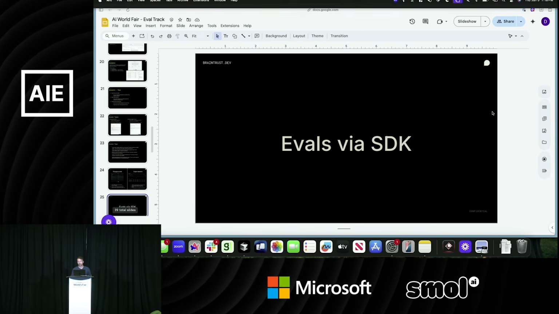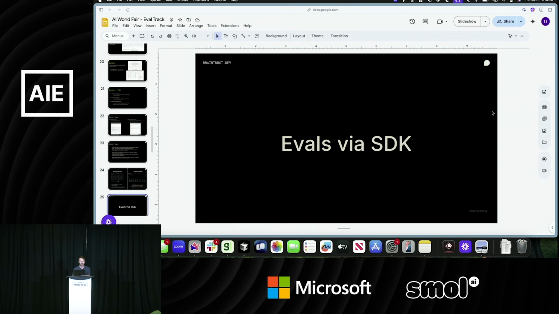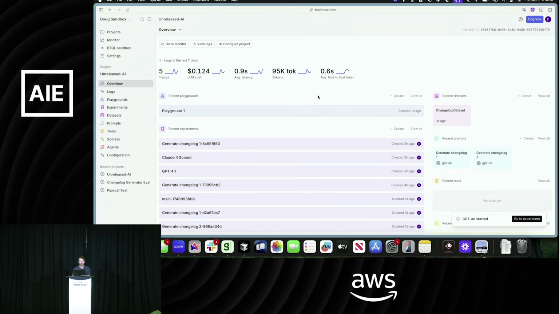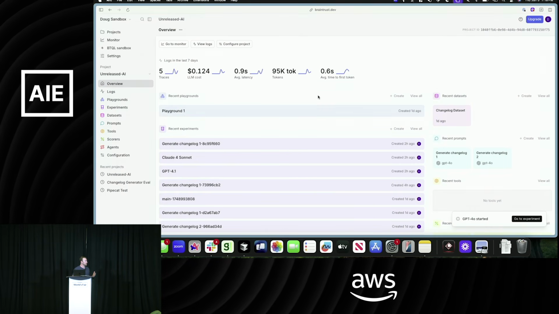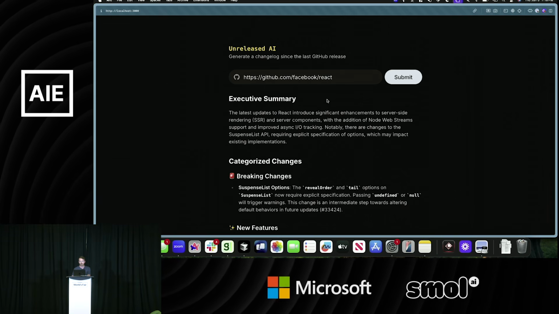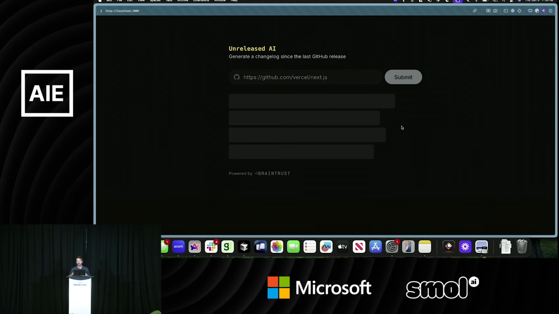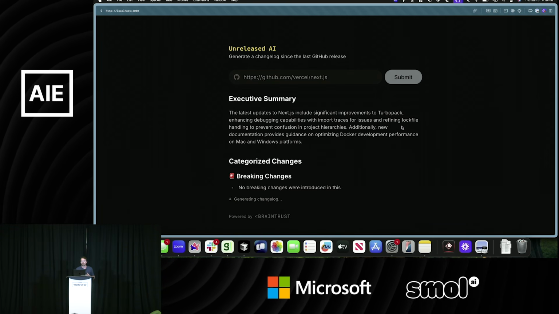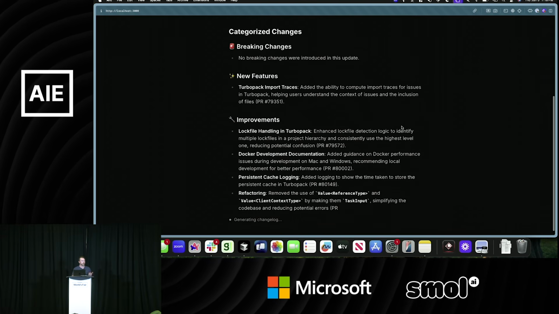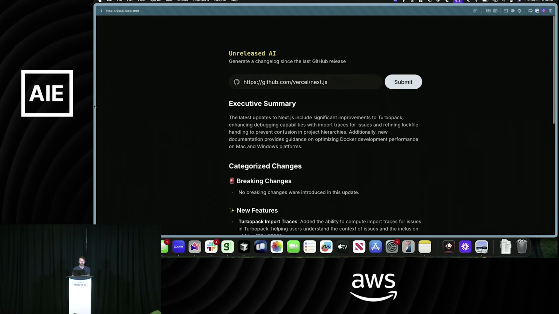Cool. Maybe just really quick, because nobody likes looking at slides all the time. I certainly don't. If you haven't seen Braintrust yet, this is maybe a good quick demo. So the idea here is I have this application. I'll show you over here. You give it a GitHub repository URL. It grabs the most recent commits and then creates a change log from there. And once this completes, you can even provide some user feedback. But this is the thing that we want to evaluate.